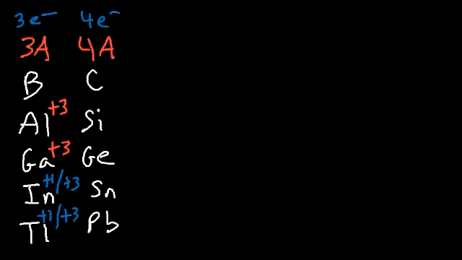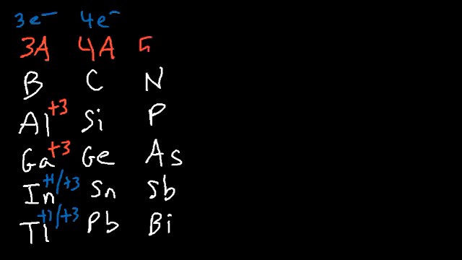Next, we have nitrogen, phosphorus, selenium. Not selenium, I take that back. Below phosphorus is arsenic, Sb is antimony, and Bi is bismuth. So make sure you know the names of the elements, because typically that's your first quiz in a regular chemistry course. So this is group 5A. These elements, they have 5 valence electrons. However, they like to form